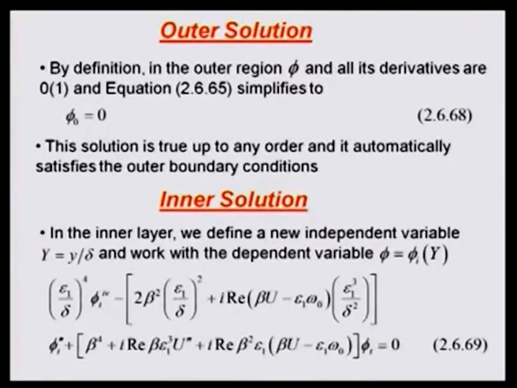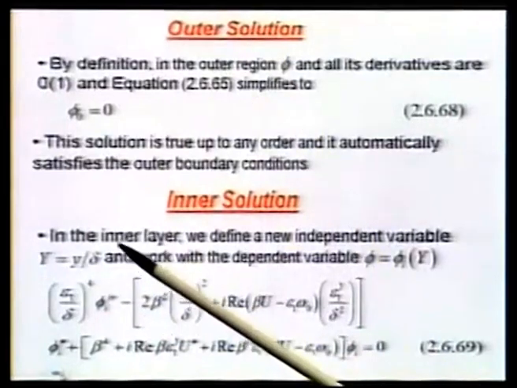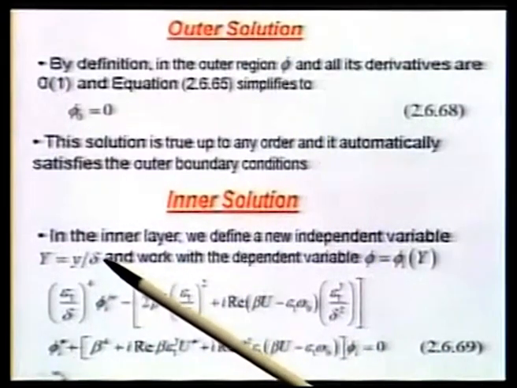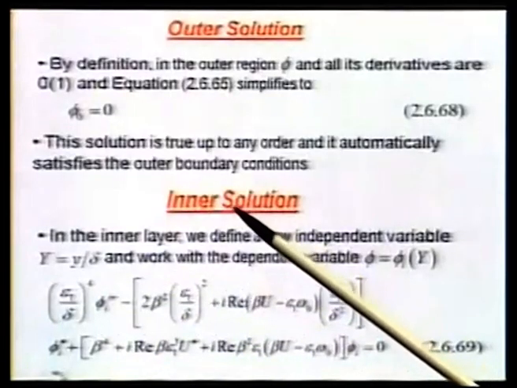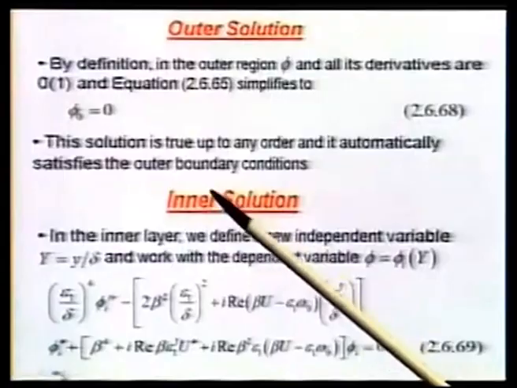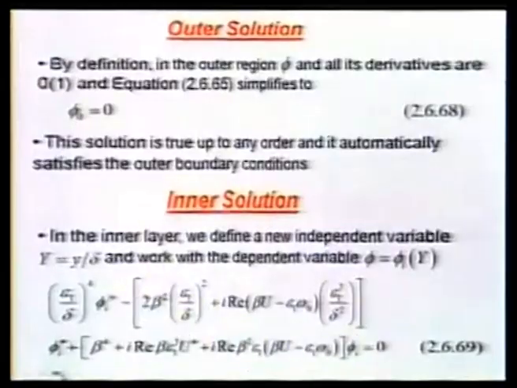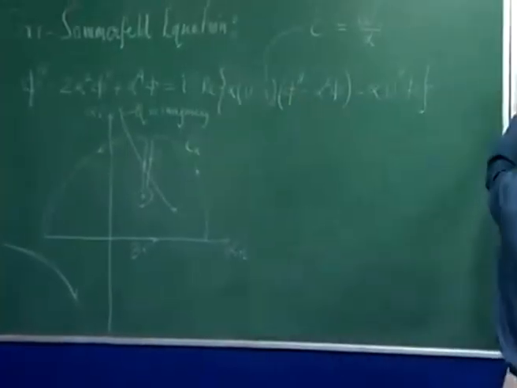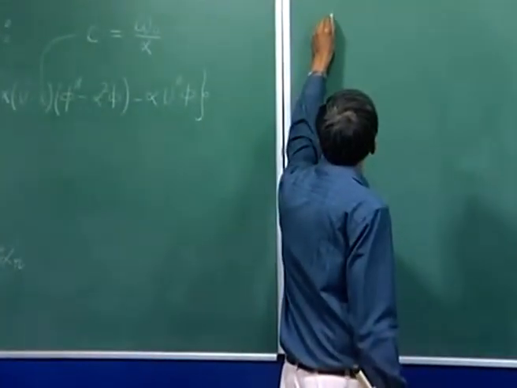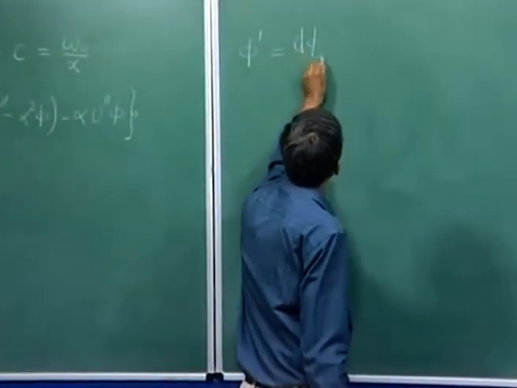So, we need to define a new independent variable, which we will call capital Y. Capital Y will be y divided by the boundary layer thickness of the Orr-Sommerfeld equation. So, this delta has got nothing to do with the delta of the physical boundary layer. This is a mathematical boundary layer of the Orr-Sommerfeld equation. So, we introduce this. Then you know all those terms that we have here, let us say for example, when I write phi prime, what do I mean? I mean this d phi dy,